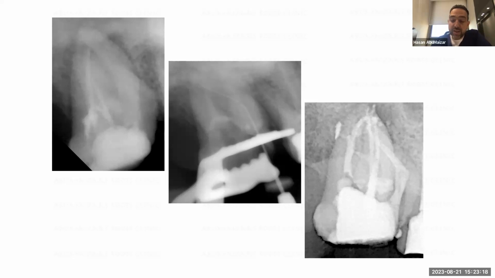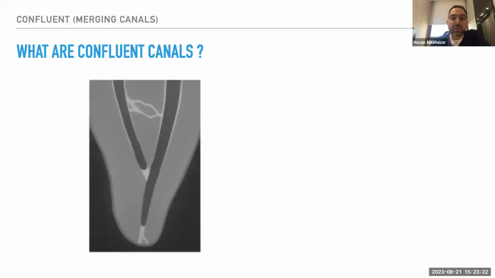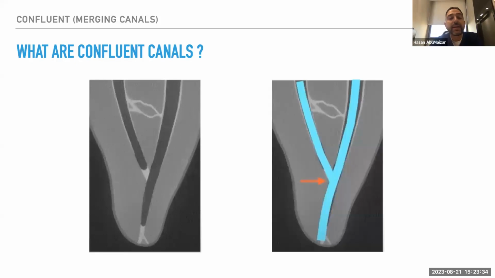The next thing we're going to talk about are the confluent canals. The confluent canals, as you all know, are where canals merge at some point and they meet. So we call it a confluent canal. Basically, this merge can be very smooth, and sometimes it can be abrupt and cause some problems, which we